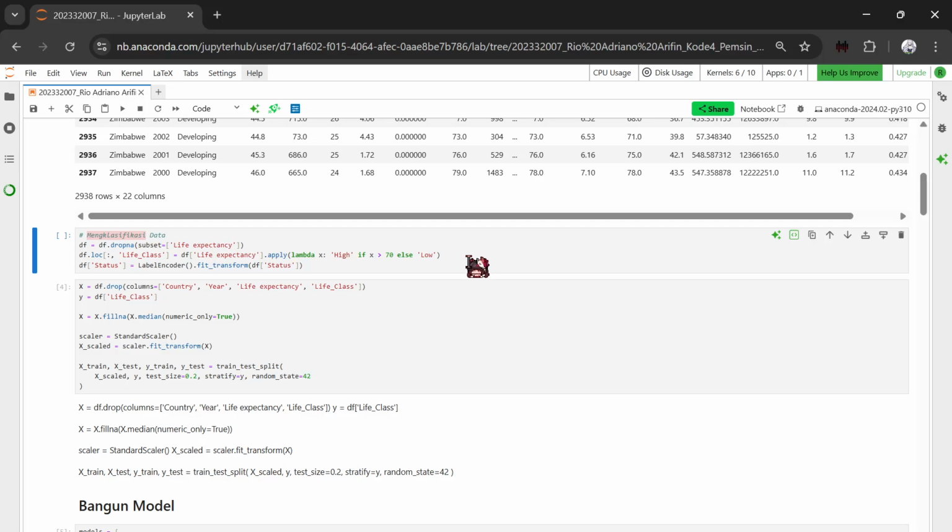If the value is greater than 70, then it is high, otherwise it is low. We also encode the status column with text like developed and developing into numerical values using label encoder, since machine learning models work with numbers, not text.